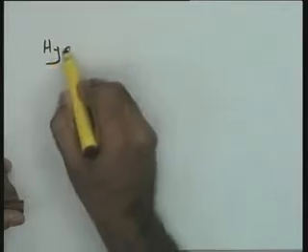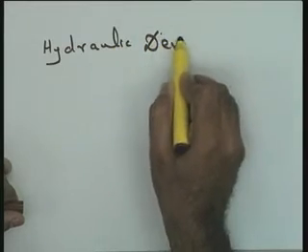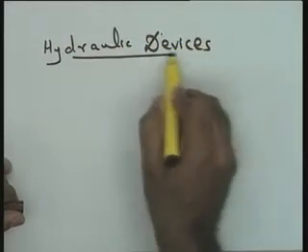Well friends, having discussed electrical devices, electromechanical devices and industrial control systems using these devices, we can now turn our attention to another important aspect of industrial control devices and systems, and that aspect is using hydraulic devices. So, I take up today with you hydraulic devices and the use of these devices in industrial control situations.